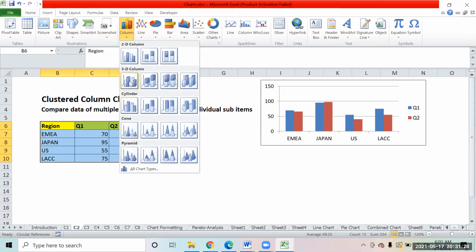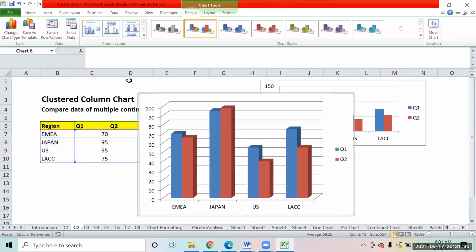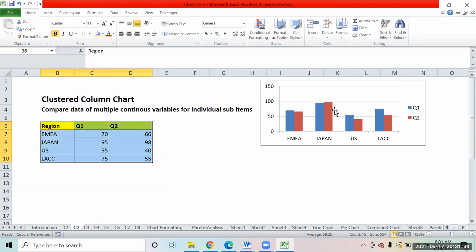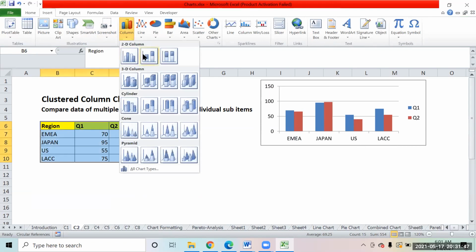And 3D charts is something that is a strict no. We should never use 3D charts. You see, the same chart is coming in a 3D view. 3D view is never considered a good practice. And you will also realize that all the latest tools that we have don't support these 3D charts. Now I'm going to insert the second type of chart.